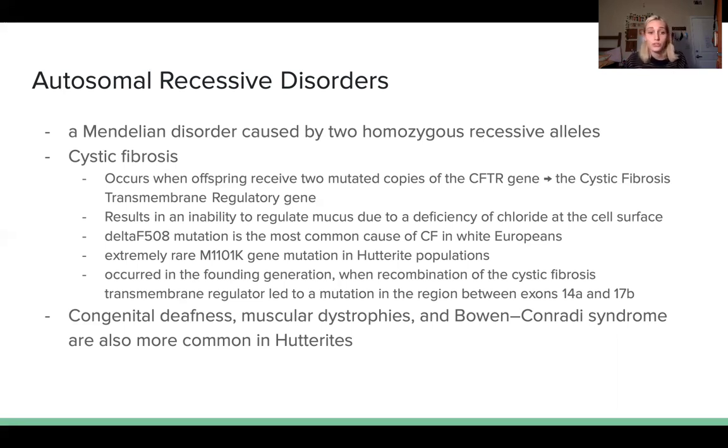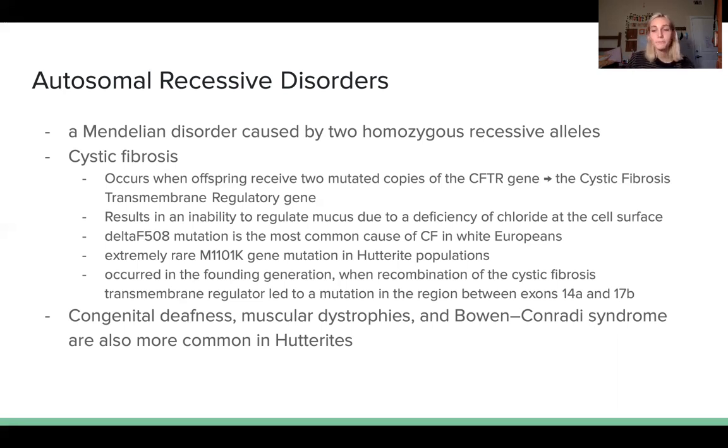So this has led researchers to conclude that this mutation must have occurred in the founding generation when recombination of the CFTR regulator led to a mutation in the regions between the 14A and 17B exons. Essentially, cystic fibrosis is a very important autosomal recessive disorder when examining genetic variation between Hutterites and other white Europeans, because although they both display the same phenotype of cystic fibrosis, Hutterite populations have a unique genetic mutation that leads